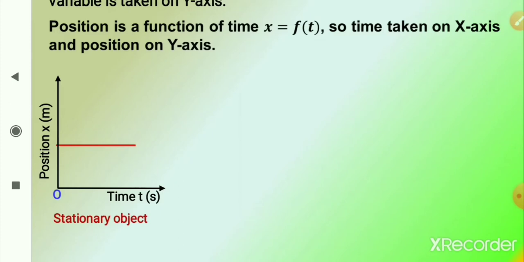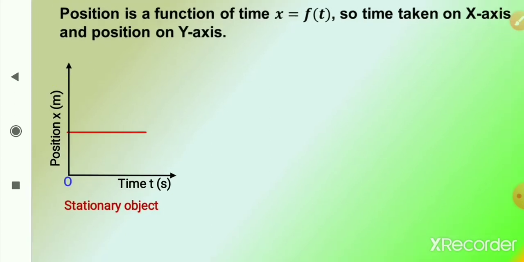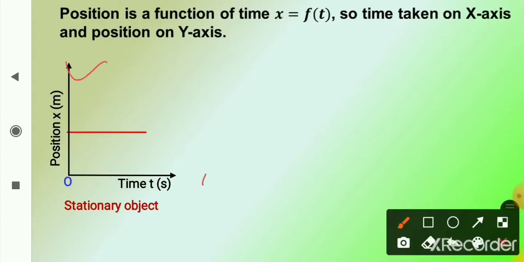Now see, here position is on the y-axis, time on the x-axis, and this graph is a line parallel to the time axis. So supposing the position is say 10 meters, that means at any time the position of the object is